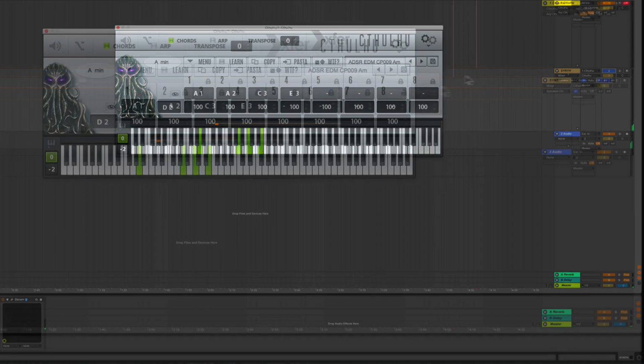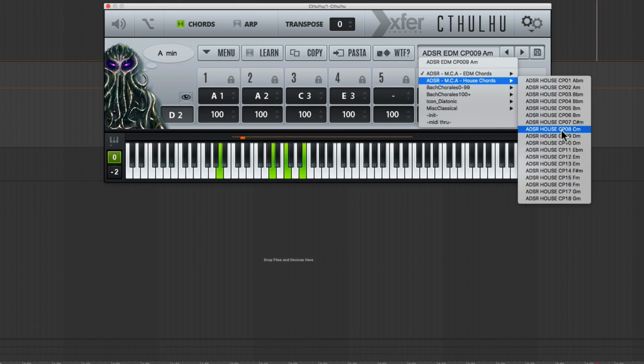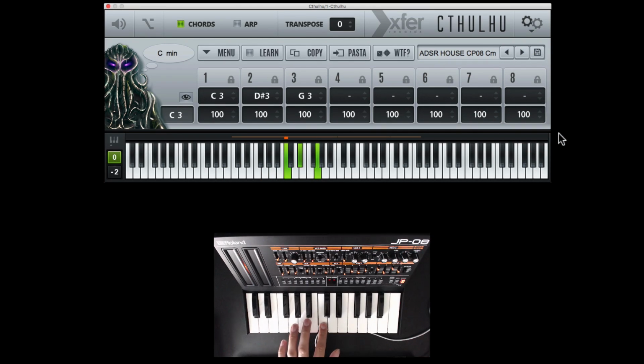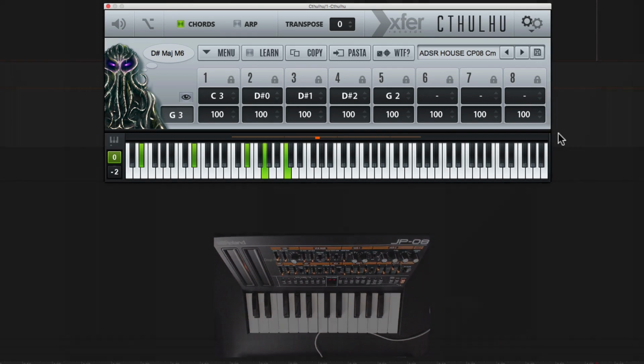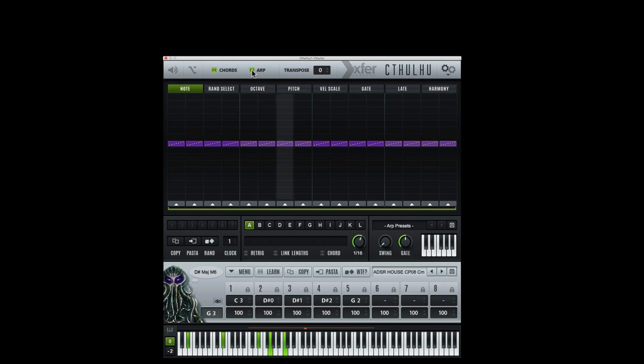So you can come up with some really, really cool chord progressions this way. Again, let's go back to our house chords here, and let's go to something in C minor. So again, really, really easy to come up with some chord progressions by going through all the different presets. Now, as I stated earlier, you actually have an arpeggiator built in. So if you trigger the arpeggiator now,